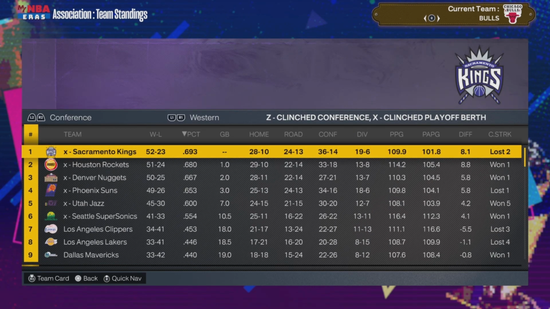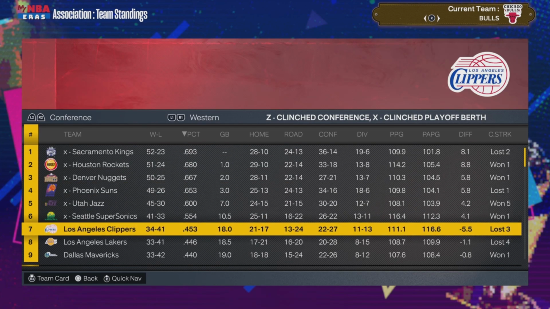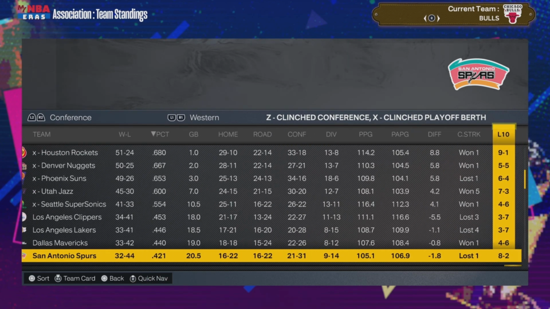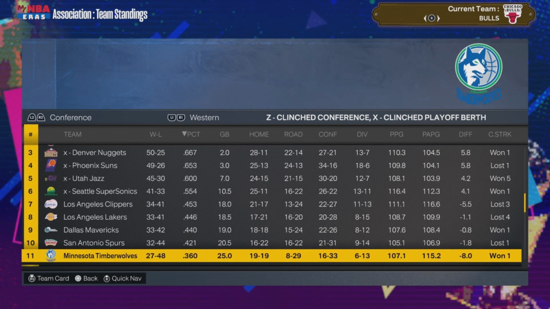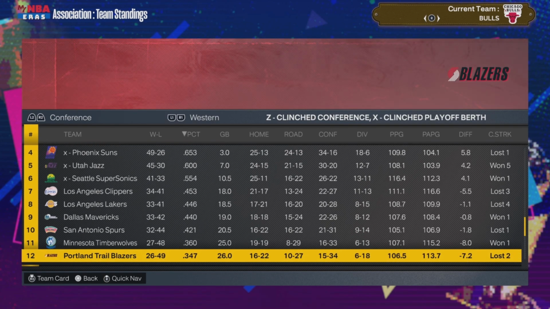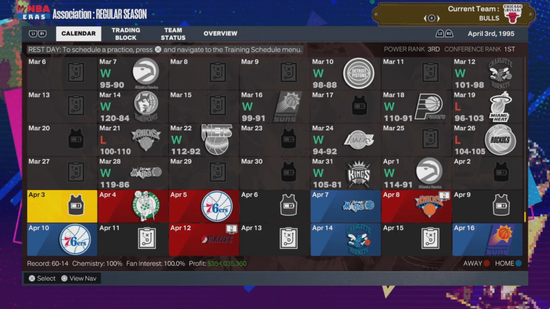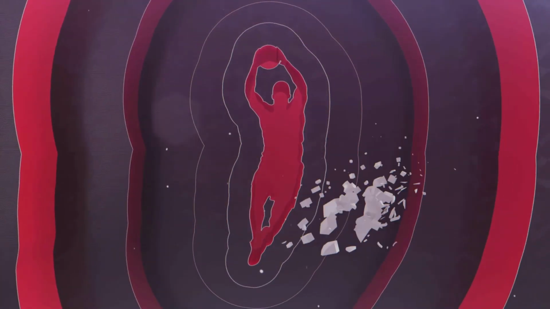Get the Cavaliers, Knicks, Bullets making the playoffs. Kings, Rockets, Nuggets, Suns, Jazz, and Sonics have officially clinched or punched their ticket to make the playoffs. Clippers, Lakers are in the thick of things. Mavericks are half game out. Spurs are 2 games out. Spurs, for some reason, I mean, I thought they were trying to tank, trying to get themselves in position for the lottery, and now it looks like they're trying to make the playoffs, so that doesn't make much sense. They might have accidentally got better when they traded Terry Cummings. So go figure. Right. I almost forgot.